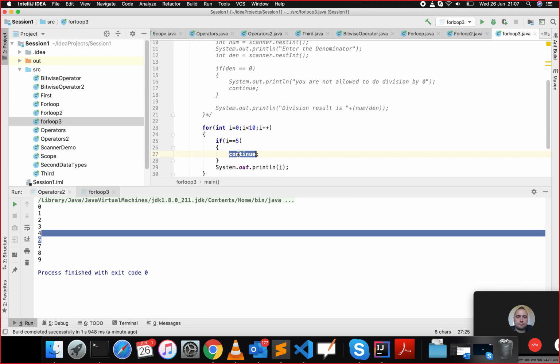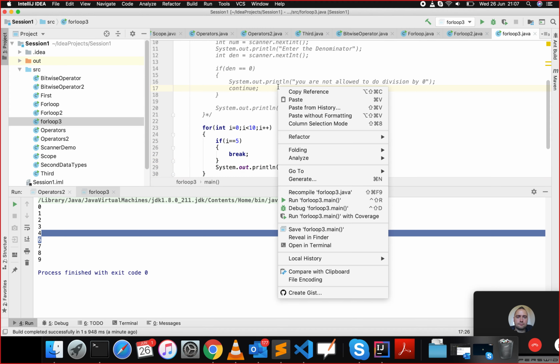If I put break here, I'm going to get only 4, because what I told you was, if it is continue, it is just a one cycle skip. If it is a break, it's a complete break, complete skip. Okay, if I execute this one,